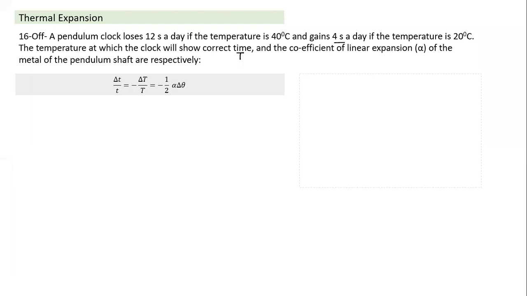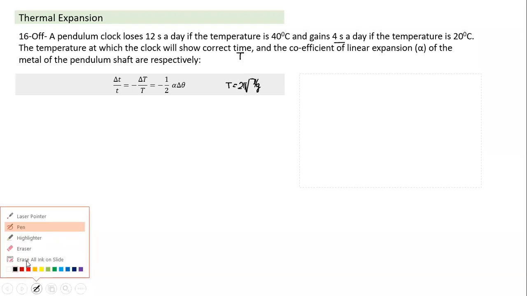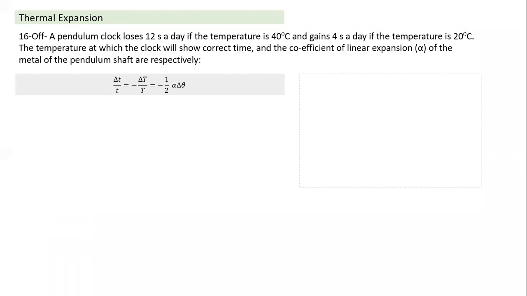Let's understand here. So again, we write delta T by T is equal to minus delta T by T. This I write only for understanding. Always keep in mind, because if you don't remember the formula, T is equal to 2 pi root L by g. Do we need to remember anything else? No, the only thing we need to remember is that measured time is proportional to 1 by time period, similar to a scale. And the second thing we need is T is equal to 2 pi root L by g.